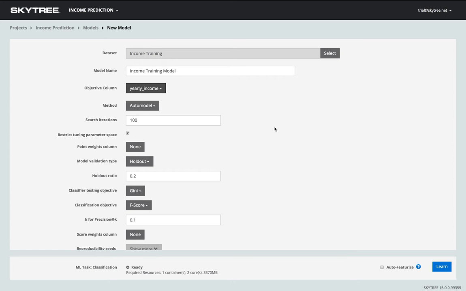This brings up the model specification page, allowing us to choose which machine learning method to run. Creating a powerful machine learning model in Skytree can be as simple as choosing AutoModel, which is shown as the default, and clicking Learn. We find in practice that such models are often competitive with the best efforts even of expert data scientists. However, say you do want to have more control, and there are many reasons why one might, then such control is available. For example,